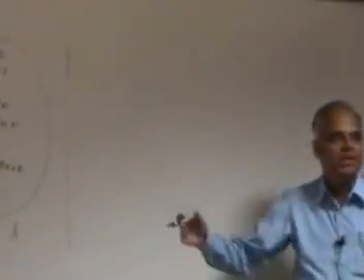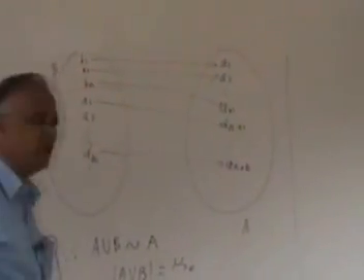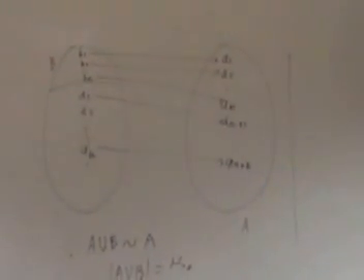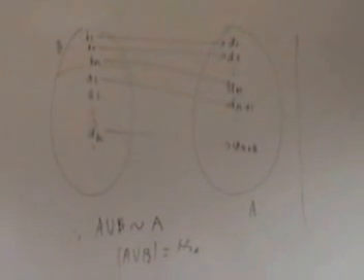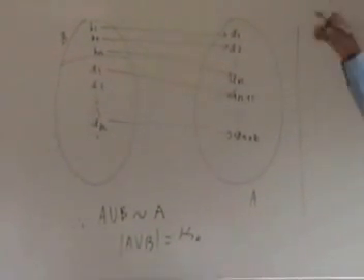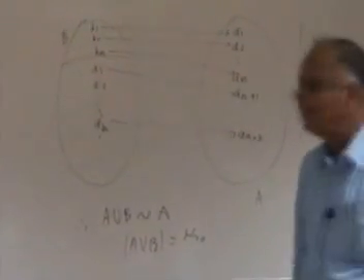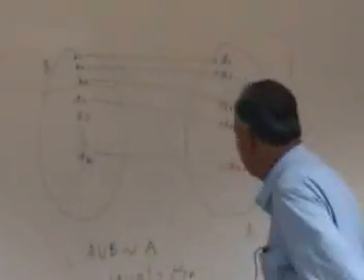Now, this proof, the picture already suggests that instead of one finite set here, I could have put another finite set, C also. And still A union B union C would have remained the same. Because first of all, A union B would have been countably infinite, and to your countably infinite set, you add another finite set, same result. Again it will be countably infinite. So you can go on adding a finite number of finite sets to a countably infinite set, and it still remains countable. So let me just note that.